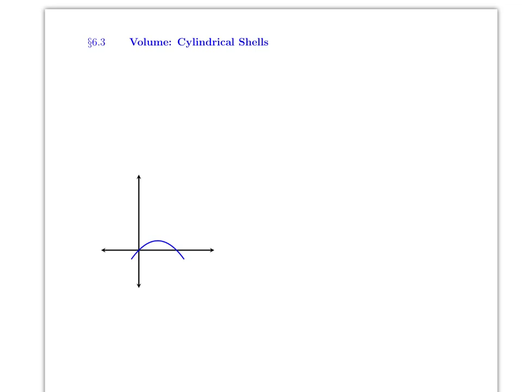Hello everyone, in this video we will go over section 6.3, or how to find the volume using cylindrical shells. Remember, in the last video we found the volume using washers. So recall, if you want to find volume using the washer method,